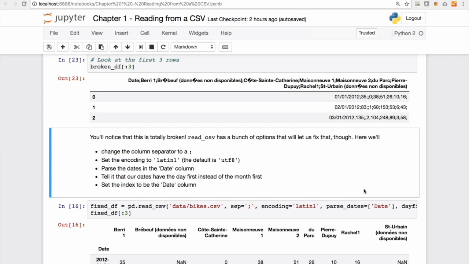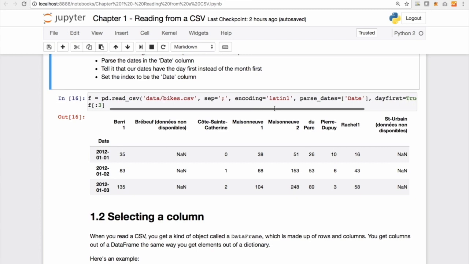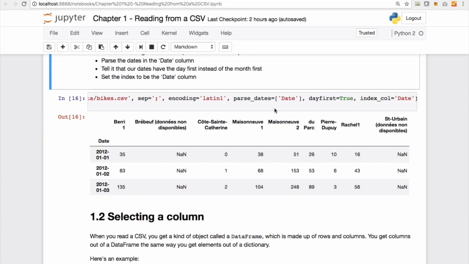Let's see how our read_csv function modifies itself to accommodate all these changes. So our fixed data frame is going to be read_csv. The location is as is. This time we add a separator, which is a semicolon. We specify the encoding as Latin 1 and we specify a list of columns that we want to parse as dates. In this case, we only want to parse the column named date as a date column,